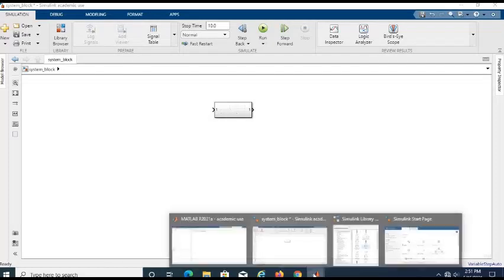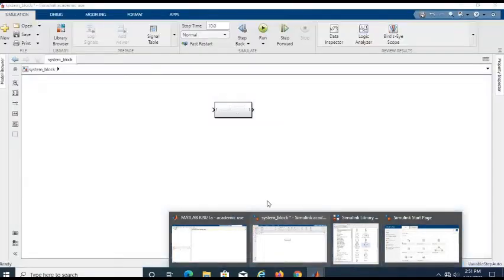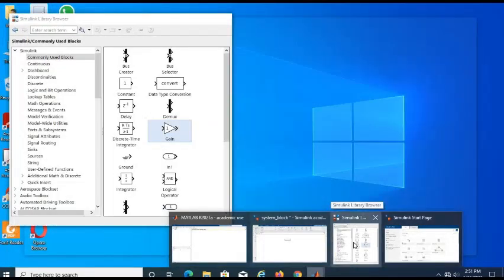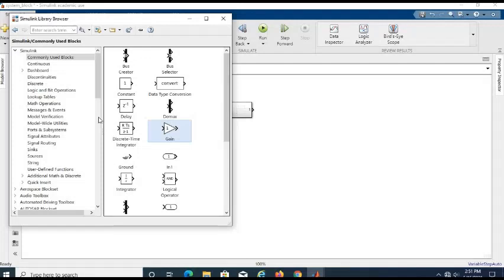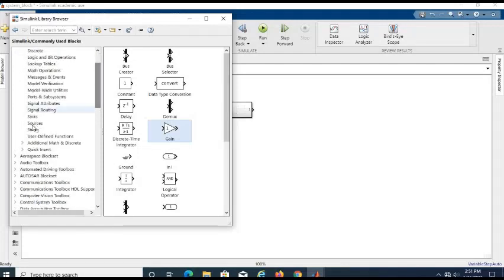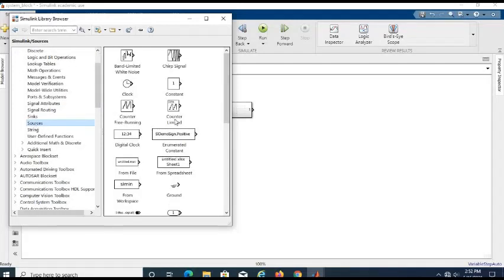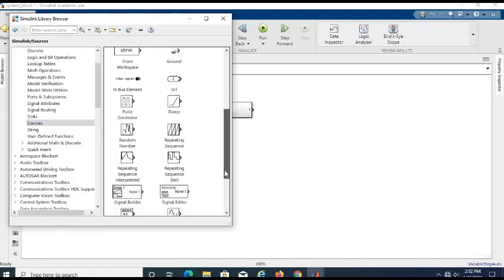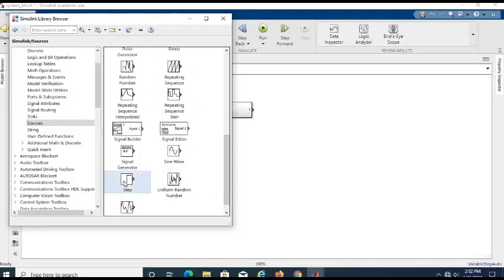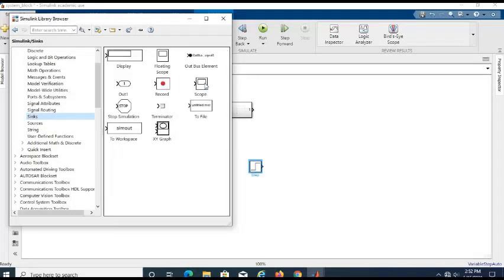Next, if you want to see what happens if we give an input signal, for example a step input, okay, step input. How to show the response? We use a scope.